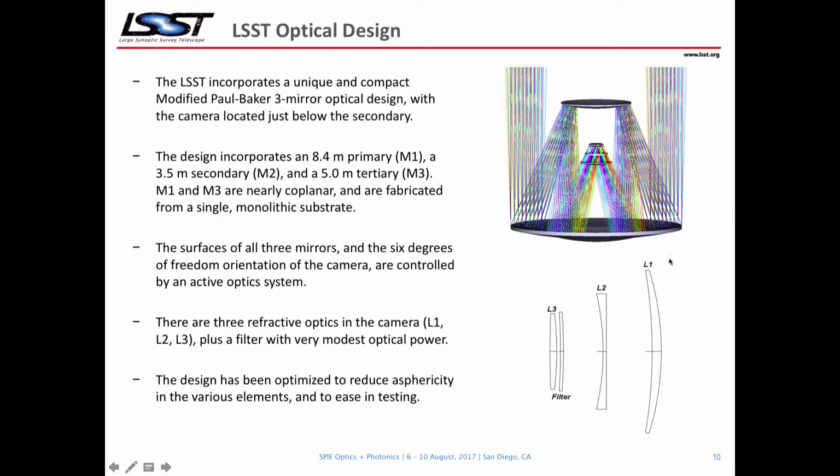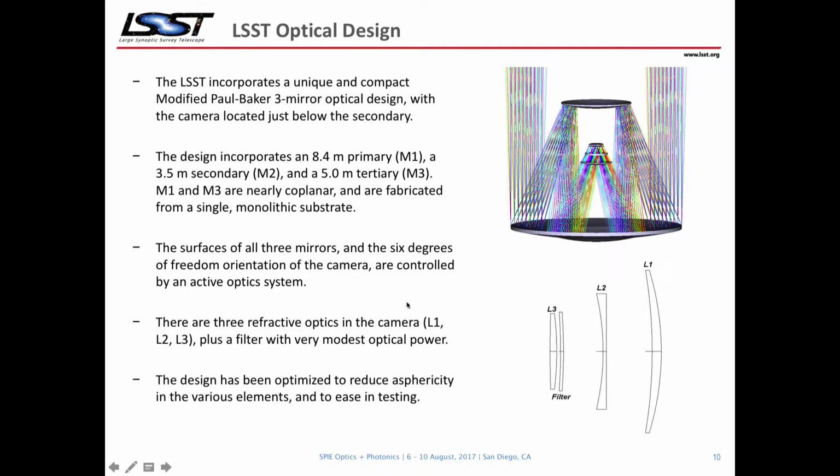There were also 3 refractive optics in the camera, which we call L1, L2, and L3. There's not a lot of power in those optics. They mainly are there to eliminate chromatic aberrations that would otherwise be introduced by the entrance window to the door. And then there's an optical filter, which defines the color bands, which is actually a curved substrate with an interference